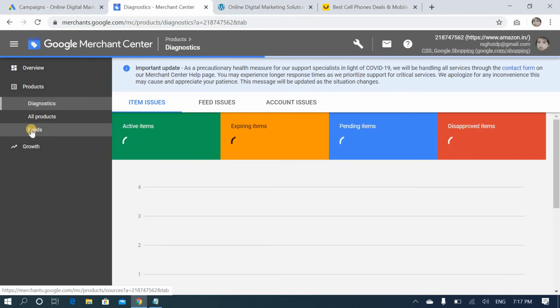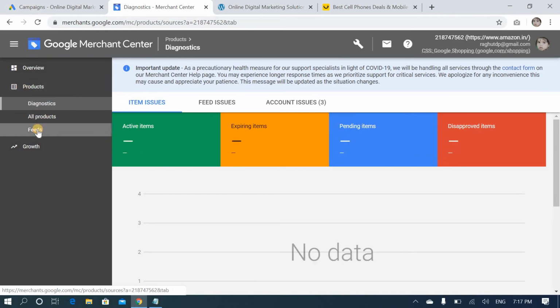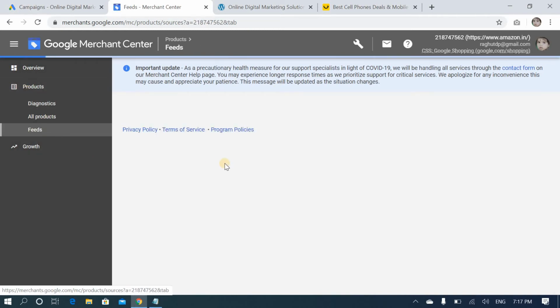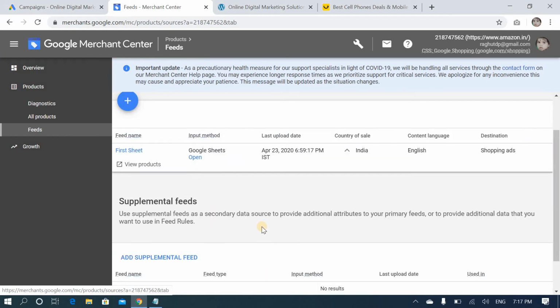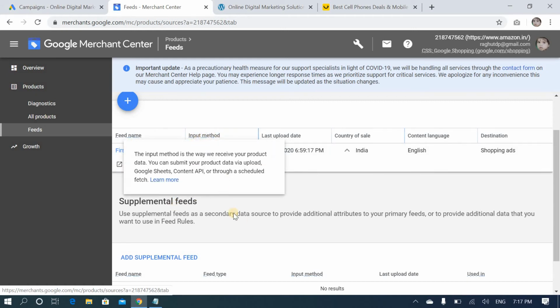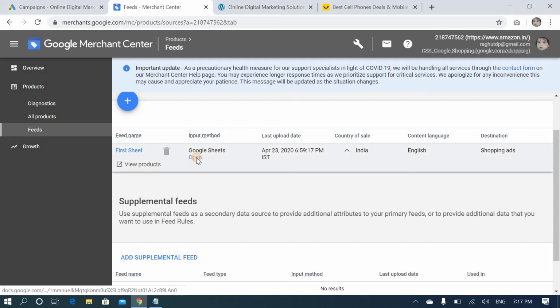Once you come to this product list, just go for feeds. So what is the feed name I gave? First sheet. Once you open it, you will find the input method Google Sheet. You just have to open it here because I already created Amazon for the demo purpose.